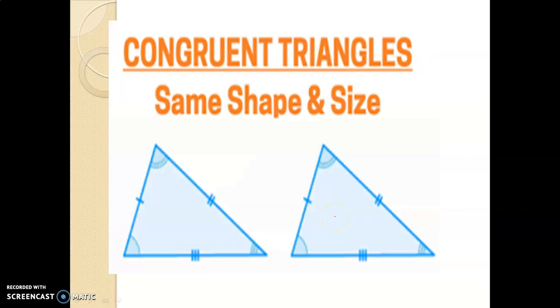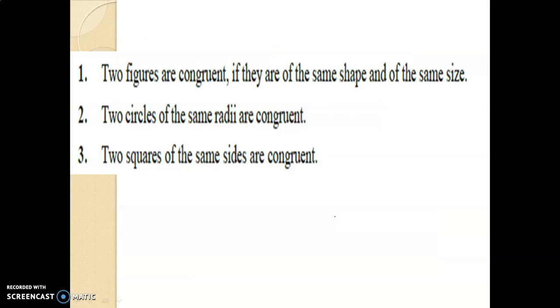And congruent triangles. Generally 2 figures are said to be congruent to each other, means they have same shape and size. Okay. And so here this is a general case. All the types of figures are congruent to each other when they have same measurements. For example, if the 2 circles are said to be congruent to each other, they have the same radius. If the 2 squares are said to be congruent to each other, they have the same sides. Okay, they are said to be congruent to each other.